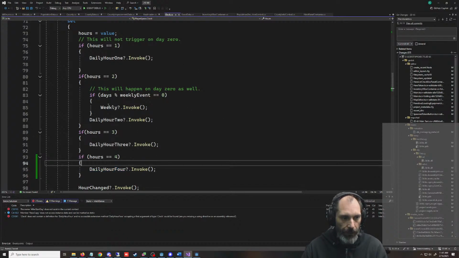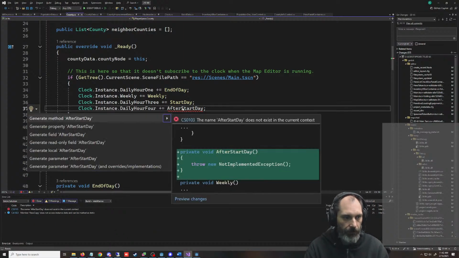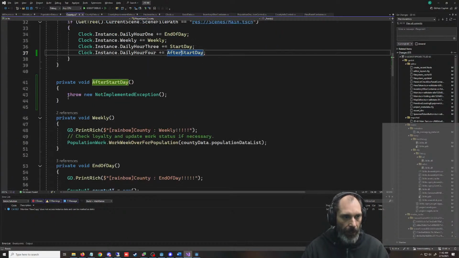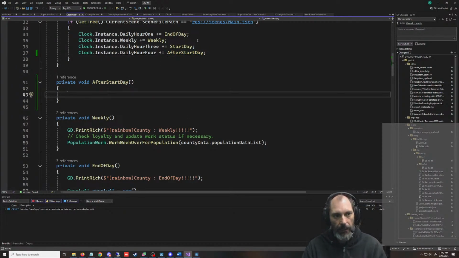Hour 2 is firing the weekly. Then we're going to go back over here, and then we're going to generate this puppy. And then we probably can do this, just call it like these by the hours, but I think it's going to be kind of confusing.